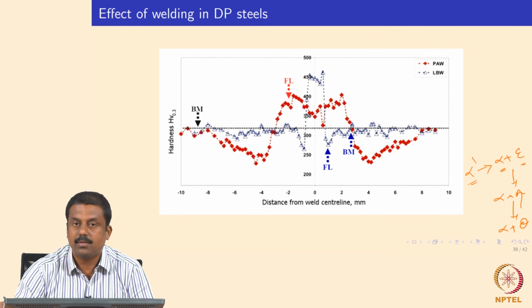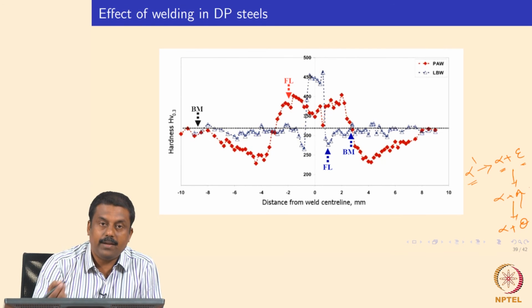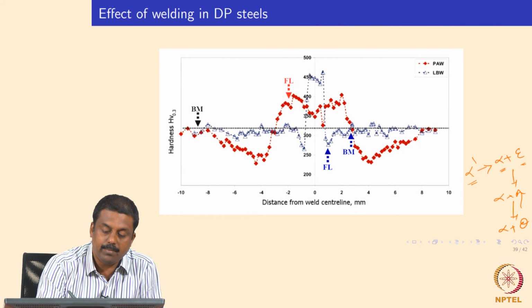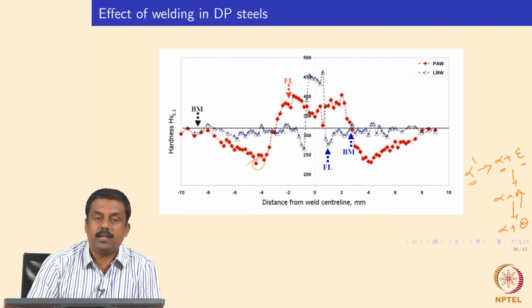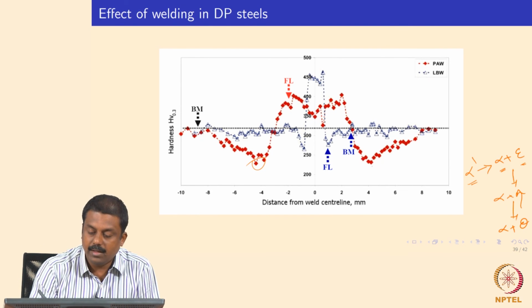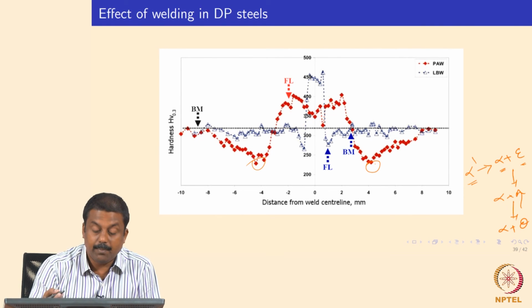Your martensite would also transform into ferrite and carbide mixtures in the same manner, and due to that you will see an effect similar to what you see in the TRIP steel, where, when the temperature is just below the A1 temperature, you will have a significant transformation into soft ferrite and cementite, and that will lead to the tempering of martensite, leading to a softening.